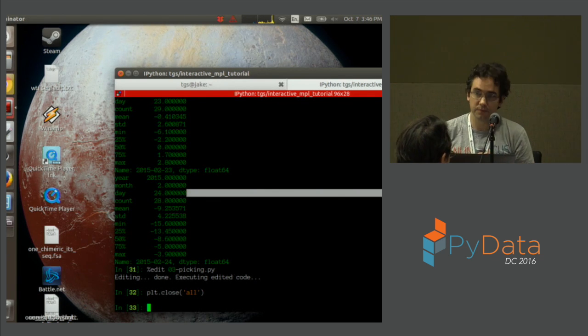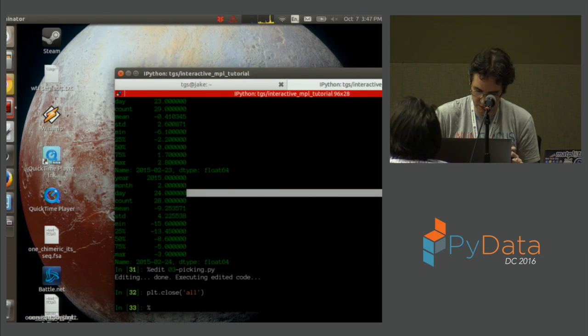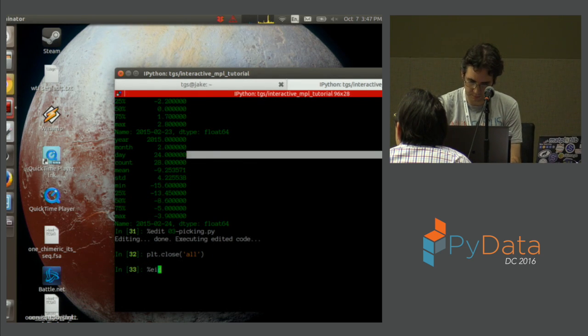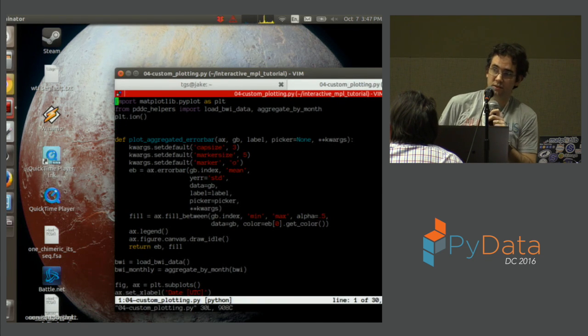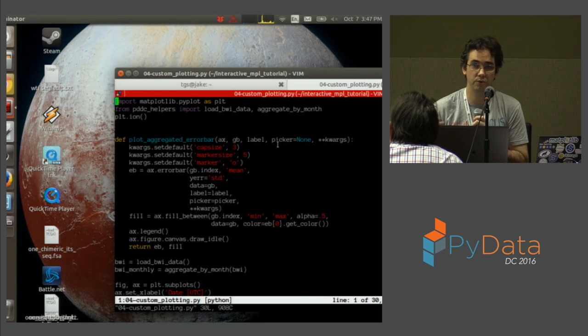Okay, so if we move on to the next file, which some people have already done. This isn't so much an interactive example as a suggestion of how to get the most out of the library. The underlying functions that we expose in matplotlib are very low level, right? We expect a single array for x, a single array for y,